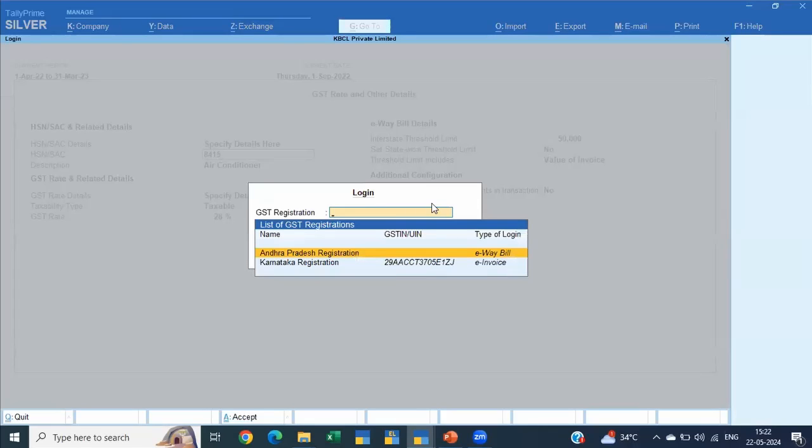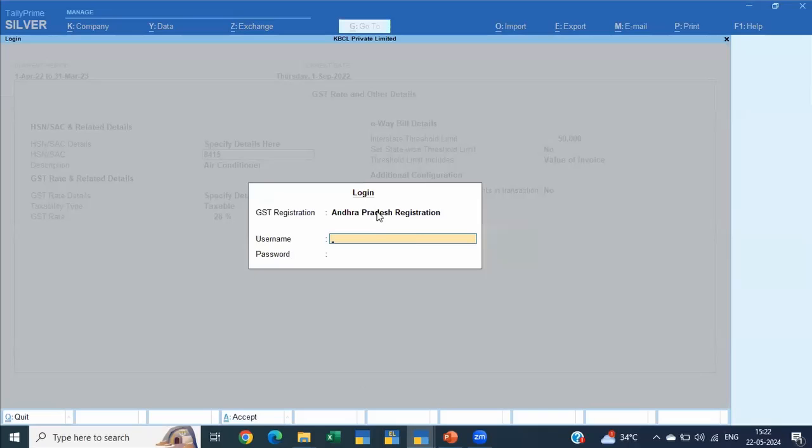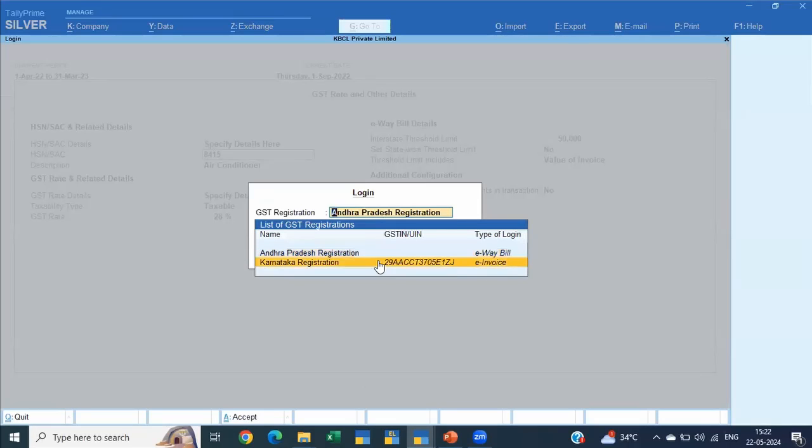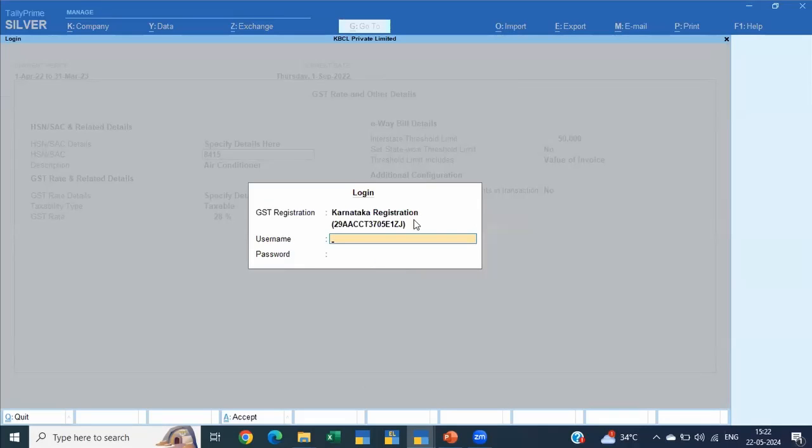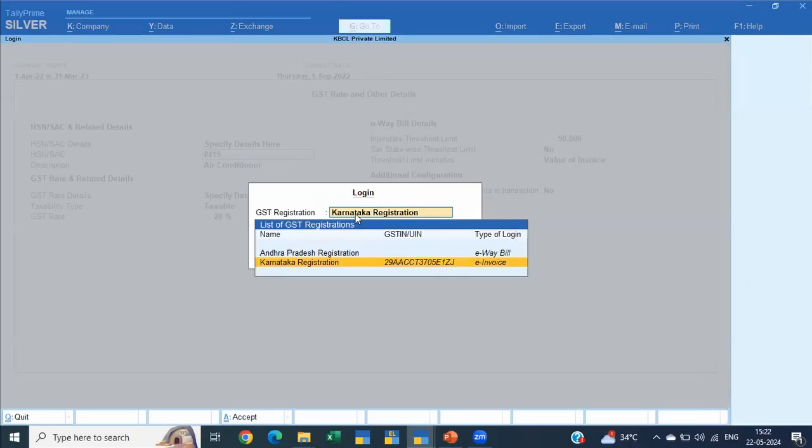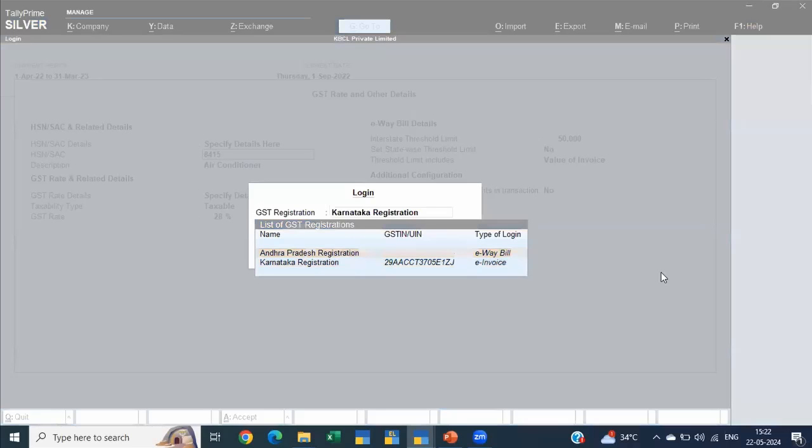The moment you do this, it asks you for e-way bill and e-invoice registration. At the moment, I do not have it. If possible, I'll show it to you in a couple of moments if I'm able to lay my hands on it. Just give me a second, if I have a login detail.